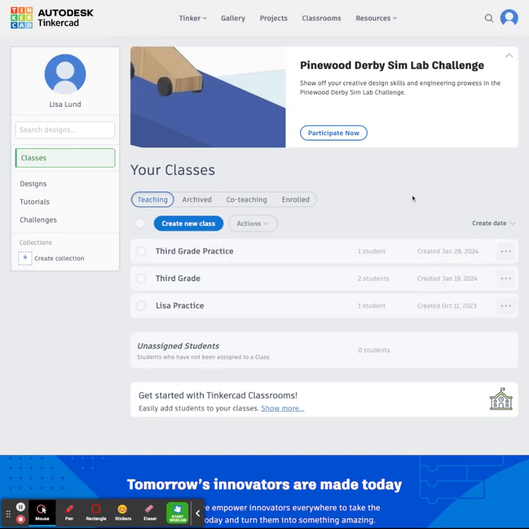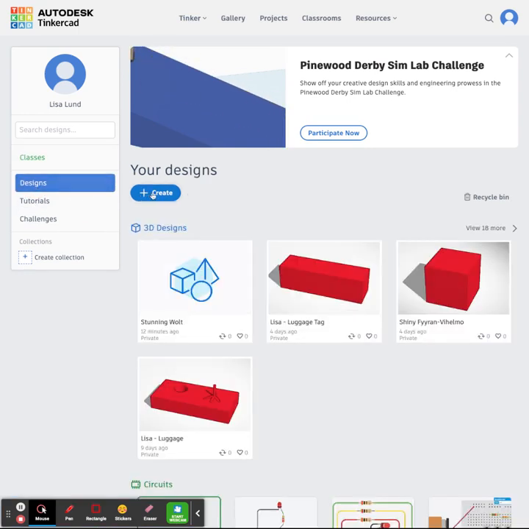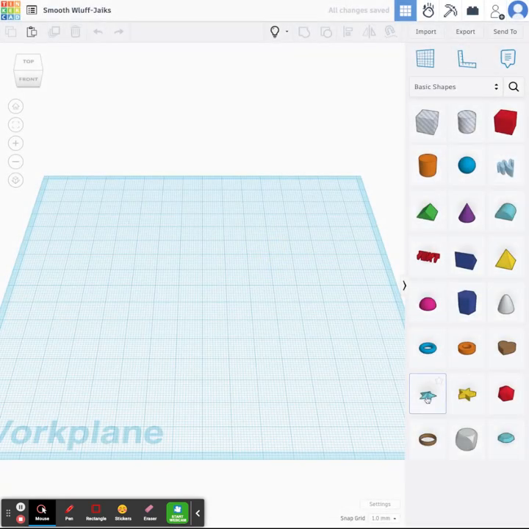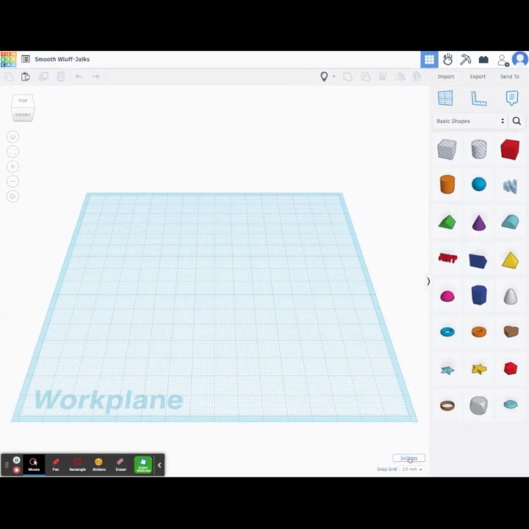So once you've set up your classes, this will be what it looks like for the students. The students would go to Design, I would create, and I would create a 3D design. And the first thing that you want students to do is to go down to settings here in the lower right-hand corner